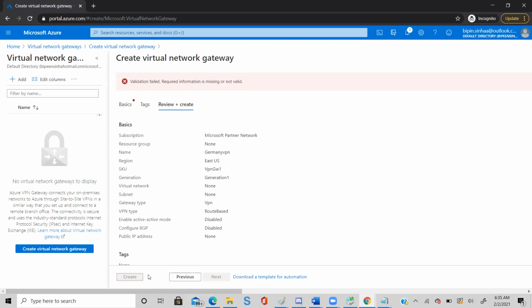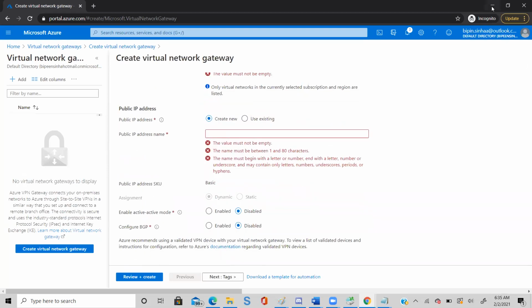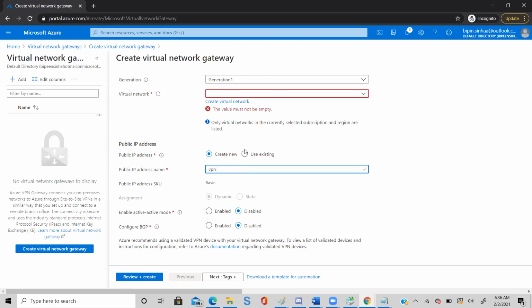So you should ask for an IP. Here you just type VPN IP as a name. And then you have to select your virtual network.